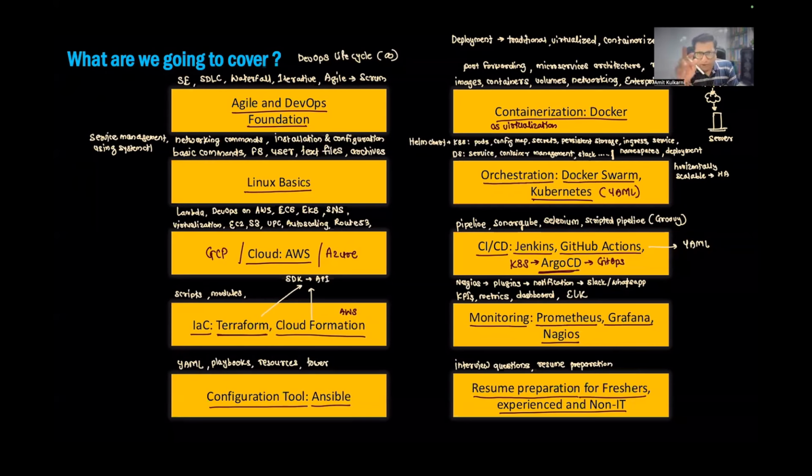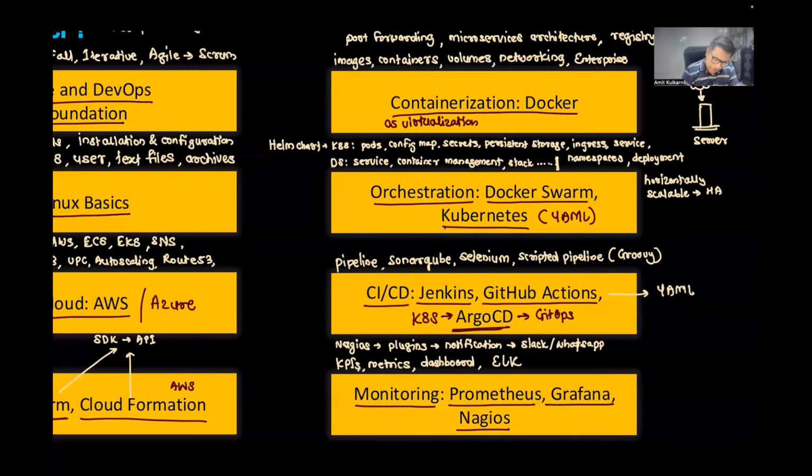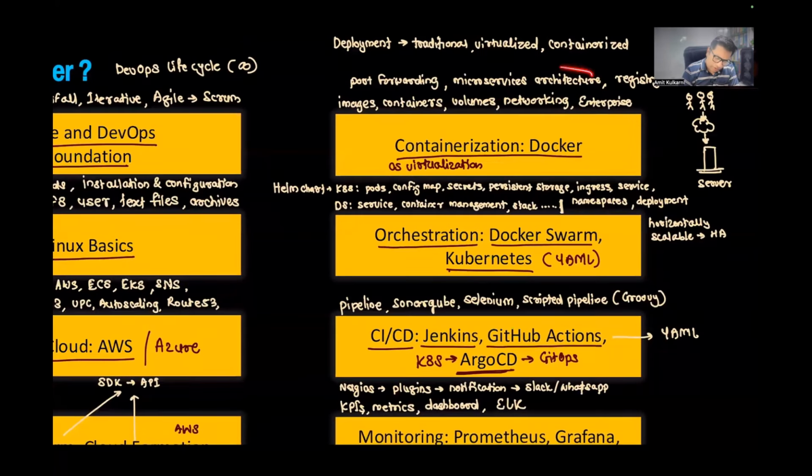I will show you where in the architecture they are used, because here I have to talk about something called microservices. I think I mentioned it. For containerization, we have to go for microservices architecture. There, I have to talk about Kafka, but Kafka administration is not a part of it. Okay.